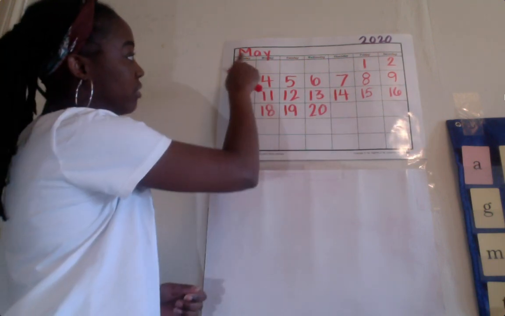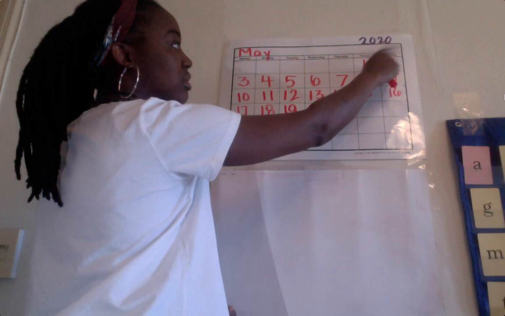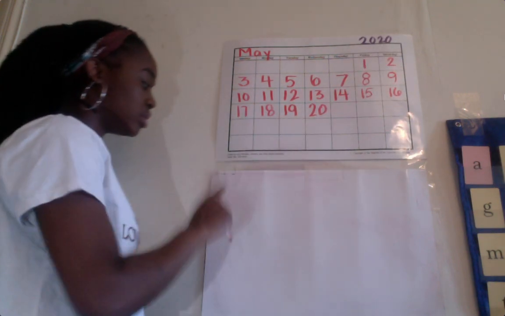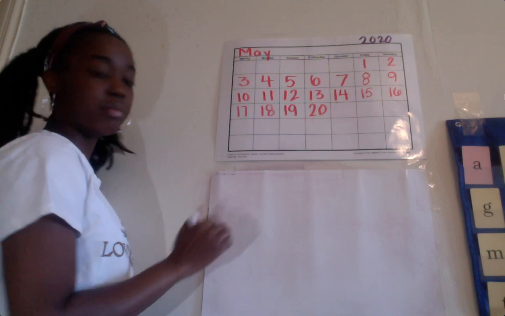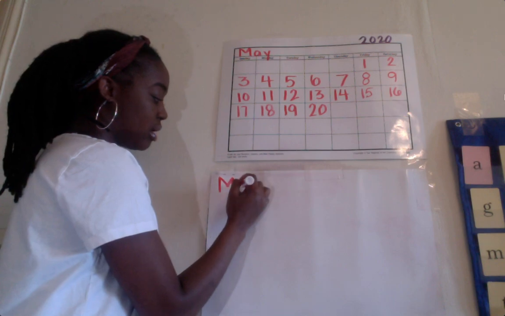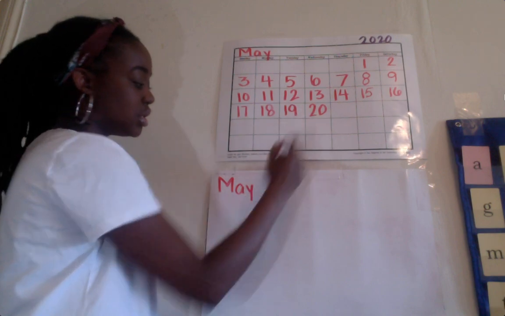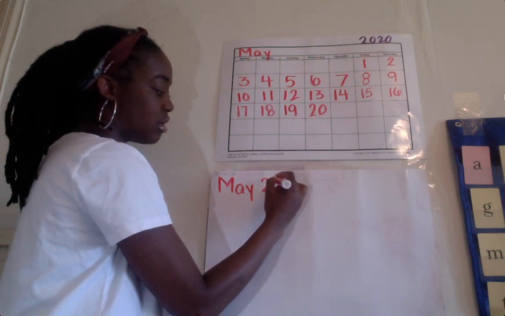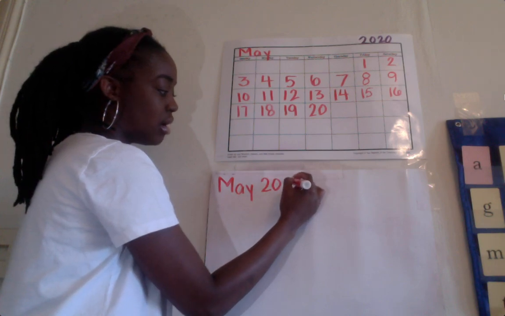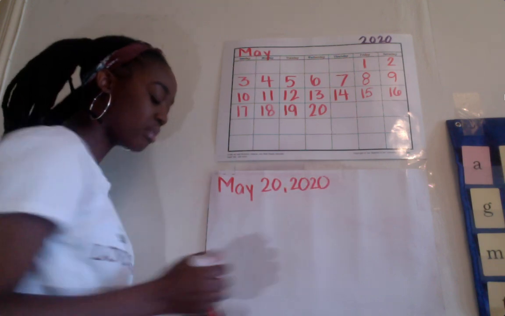We are in the month of May, and we are in the year 2020. So down here, I'm going to write my date on our whiteboard. I'm going to start with May. So we're going to put M-A-Y for May. We're going to put our date, which is the 20th. So a 2 and a 0, comma, and our year, which is 2020. And on today, Wednesday, May 20th, 2020, we have